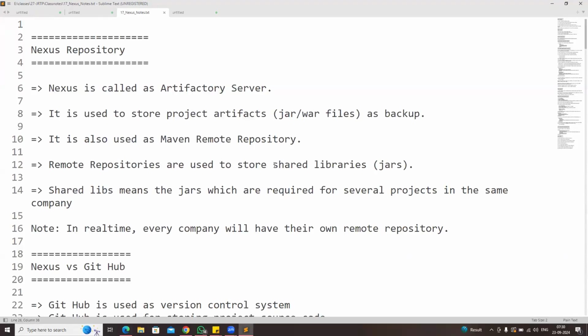When we are working with a project, the source code will be available in GitHub. We need to take the source code from the repository and build that project. For that we are going to use Maven as a build tool. Once the build process is completed, our project artifact will be generated, which is a jar file or war file. The jar file or war file we need to maintain for backup. So where will we store that jar file or war file in real time? That's where the Artifactory server